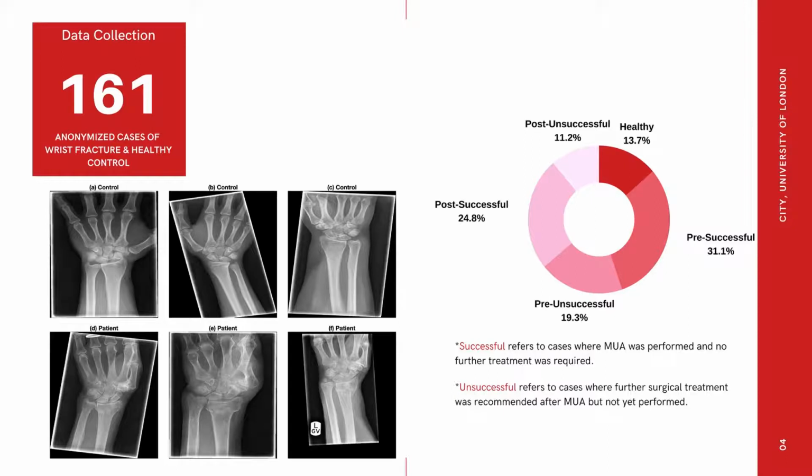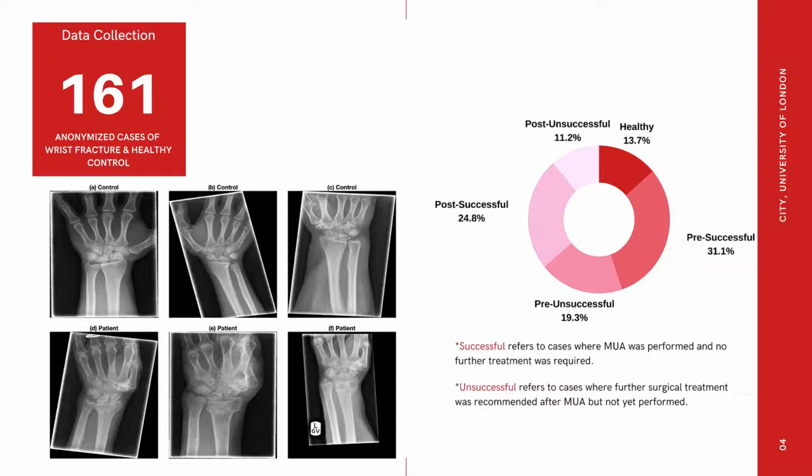A good diagnosis for appropriate treatment will not only save the patient repeated visits to the hospital, but also reduce inefficient use of hospital resources dealing with the failed cases. In this work, we will utilize a small dataset of X-ray images from 139 cases of wrist fracture and 22 healthy controls, making a total of 161 cases to classify the appropriate treatment